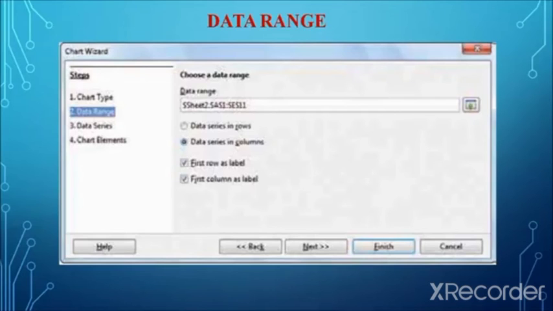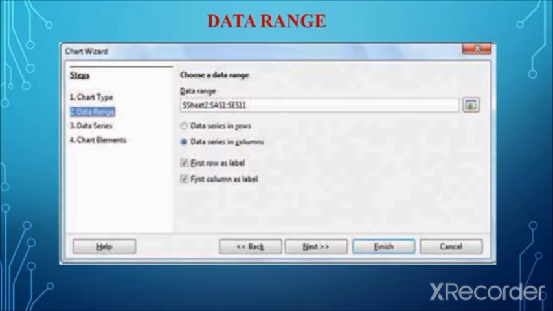That button is next to the text box. You can see the small button there, which is similar to what we have seen in the function wizard for selecting cells. We click on the select data range button, and from there the user can select the data range from the cells.